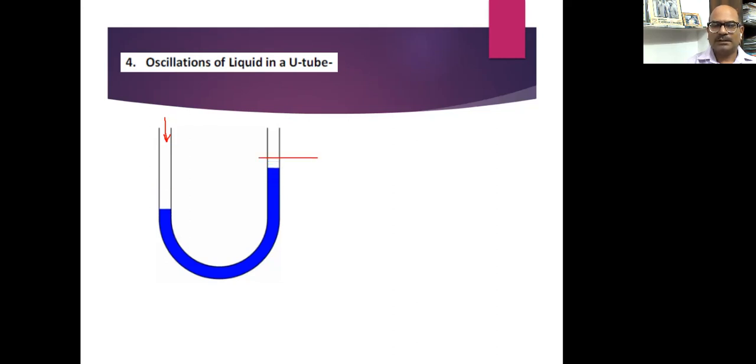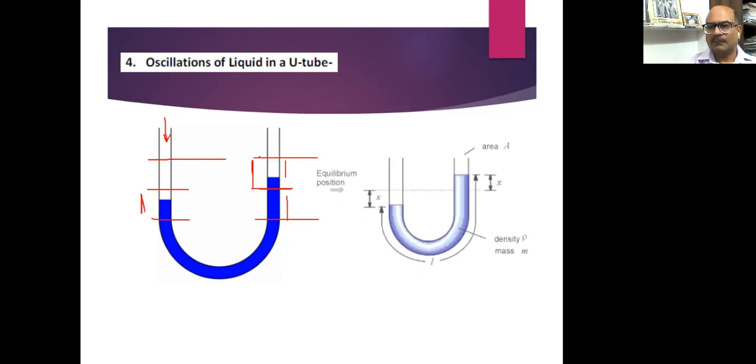So on one end it is going up to this point, and on the other end it is going up to this point, the same, and in between there is some mean position. So this distance here to here is the same, or we can say from the mean position up to this point, this distance, and this distance is the same, like this.